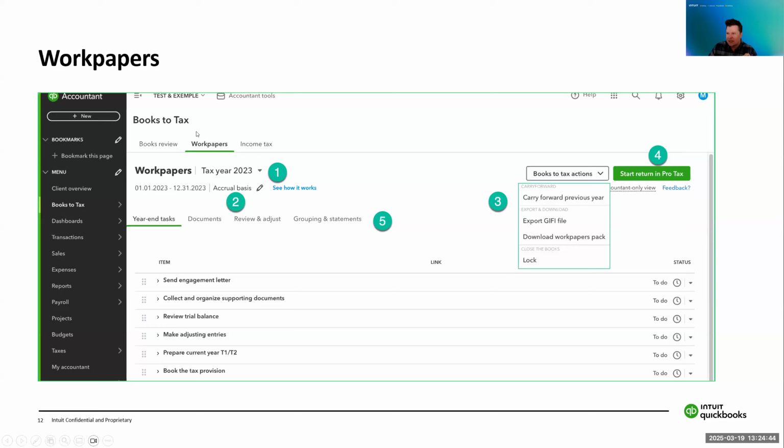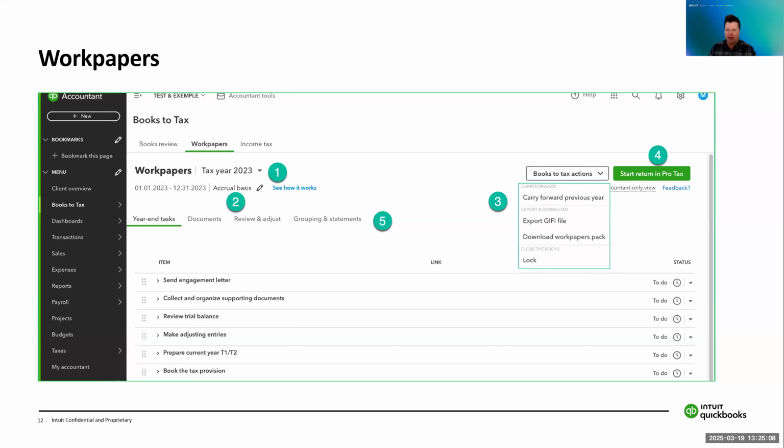Once we are in that, on the left-hand side, we can see the Books to Tax option available to us. That's where it gives us the Books Review, the Work Papers, and the Income Tax. So make sure you are opening your client's QuickBooks company, and then you can select Books to Tax, Work Papers from there. Hopefully that answers your question.